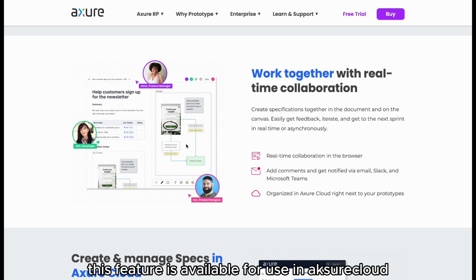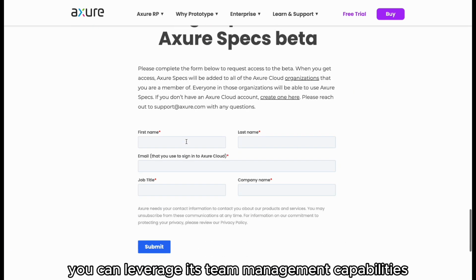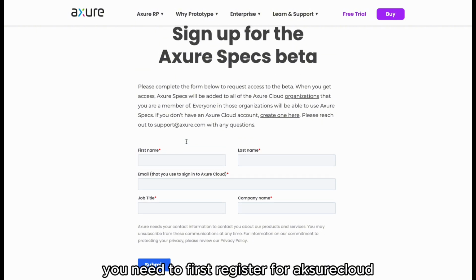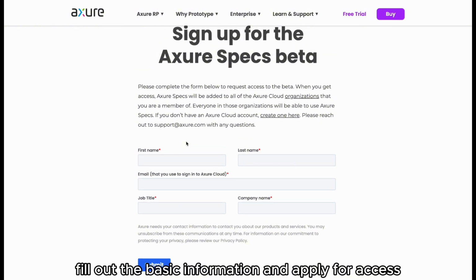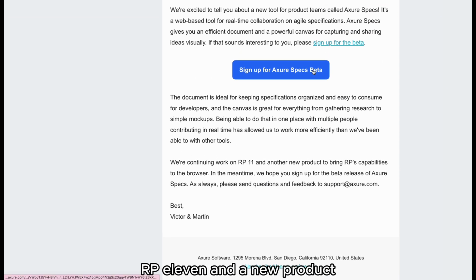This feature is available for use in Axure Cloud. You can leverage its team management capabilities. If you want to use this feature, you need to first register for Axure Cloud, fill out the basic information, and apply for access. Victor and Martin mentioned in their email that Axure RP11 and a new product are currently